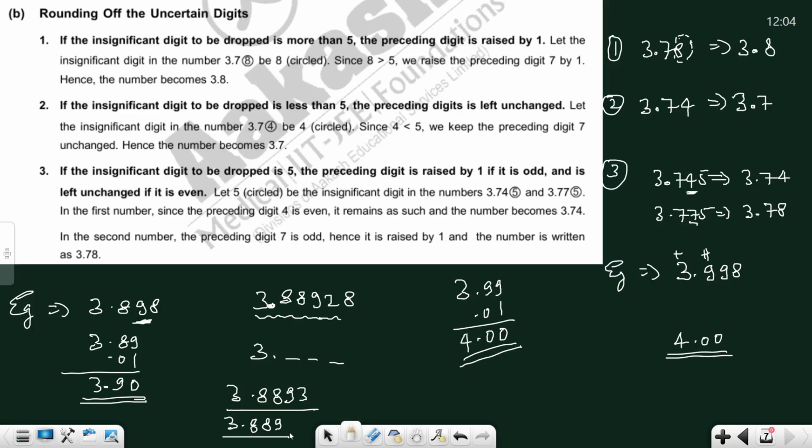Then beta, step by step we will round off, and up to which decimal place we will take the answer depends on the option. If the question is saying that you have to take up to 5 decimal places, then you will take the final answer up to 5 decimal places, or whatever the question is demanding. Okay, done. Clear?